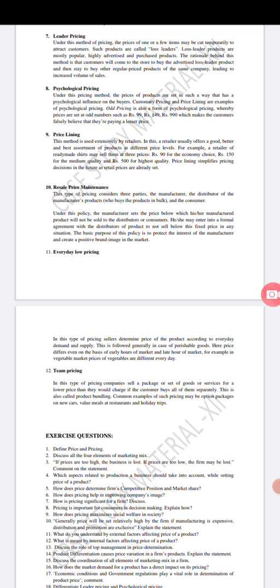Okay, last line is not important, we can skip. Just remember the meaning and example. Product price lining means different categories or assortments of products. So prices are different for different categories.